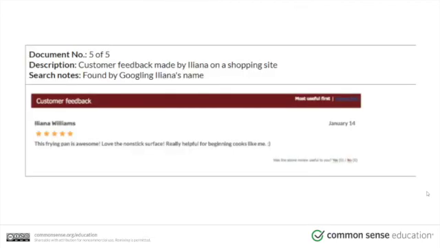Last but not least, she redeems herself a bit. She posted a review to a website, and these are things that you often find when you search people's names. And it was a positive review. It was very kind. It wasn't meant to be negative. She said, "This frying pan is awesome. Love the nonstick surface. Really helpful for beginner cooks like me."